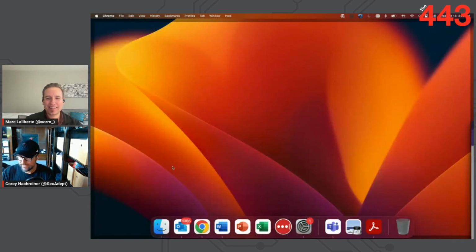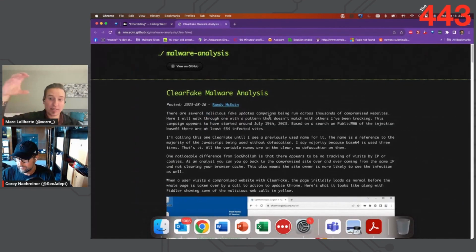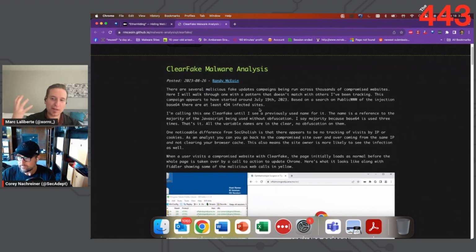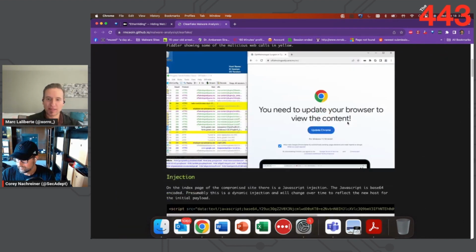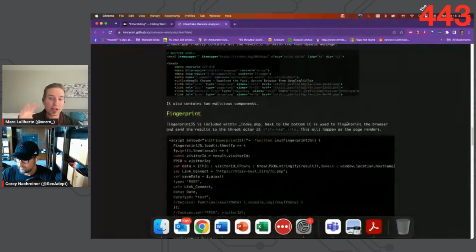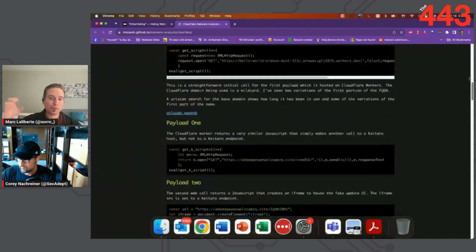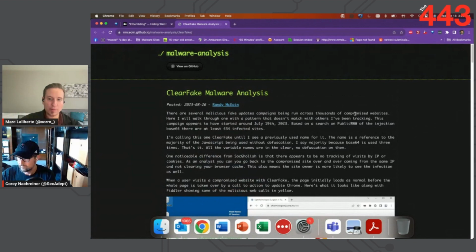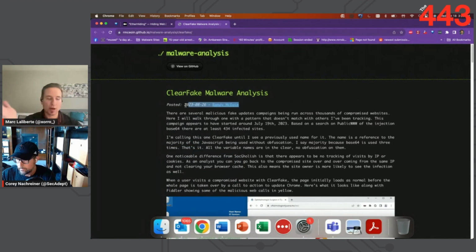Anyways, they posted the latest evolutions of ClearFake, which is a campaign that compromises WordPress websites to host a fake browser update prompt that ultimately downloads an InfoStealer malware like Redline or Amadey or Lumma. Historically, these campaigns are a multi-stage JavaScript payload where the first stage lives on the compromised WordPress website. It then downloads a second stage from a Cloudflare worker. That second stage is what ultimately displays the fake browser update prompt saying you need to update your Firefox or Chrome in order to view this web page.